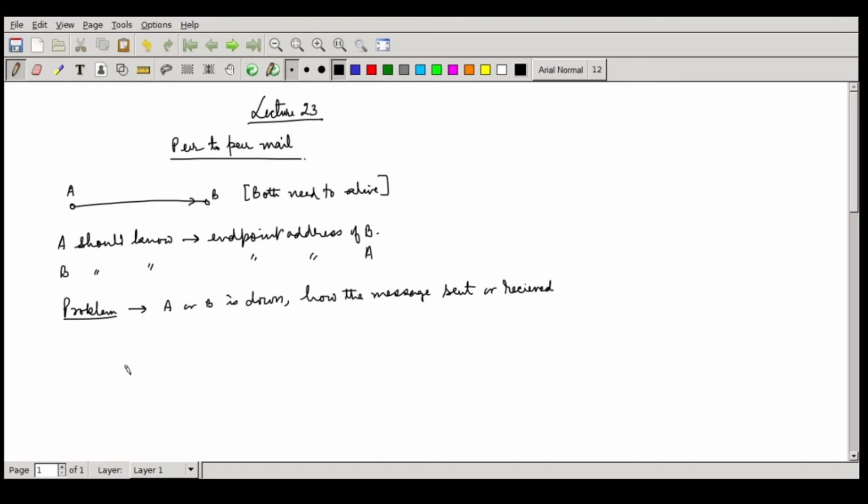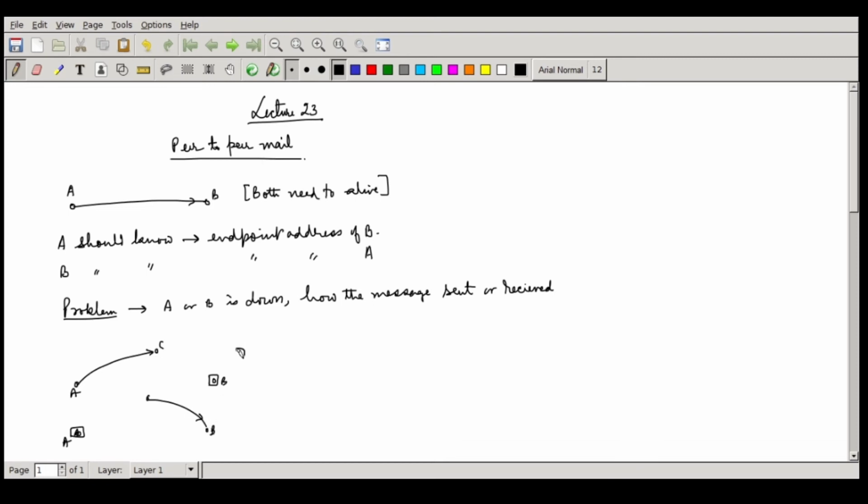Maybe what we can do is that when B is off, A can send the message to some other peer, which we call C, and B is off as of now. Next time when A is off, the message can be retrieved from C by B when B comes alive.